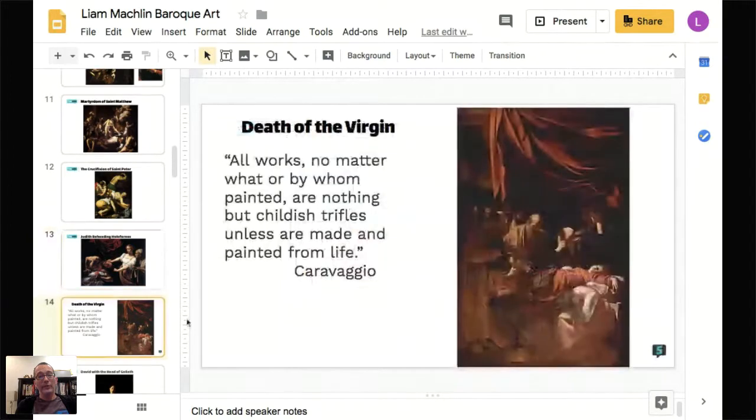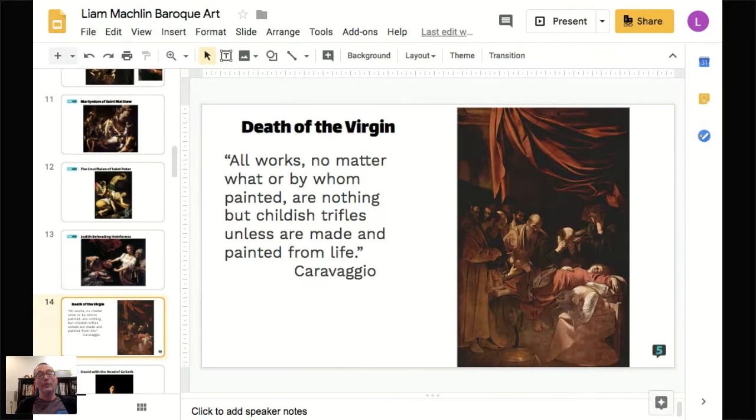The Death of a Virgin. That's a very interesting painting here. Usually the death of Mary, the mother of Christ, is very calm and very serene. But here, again, she's in a red dress. She's actually bloated up, and it's, again, a very uncomfortable scene. And the story behind this painting is that